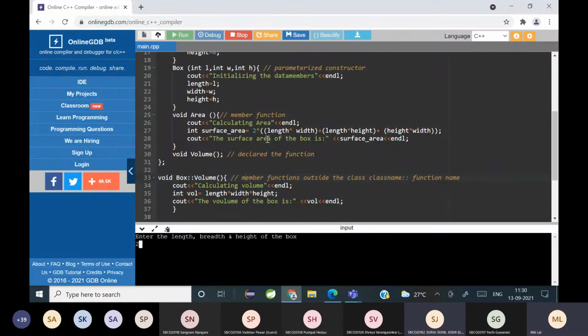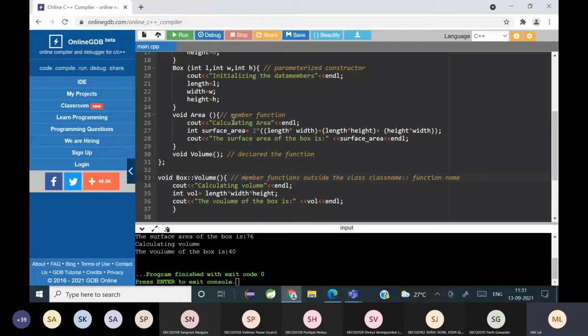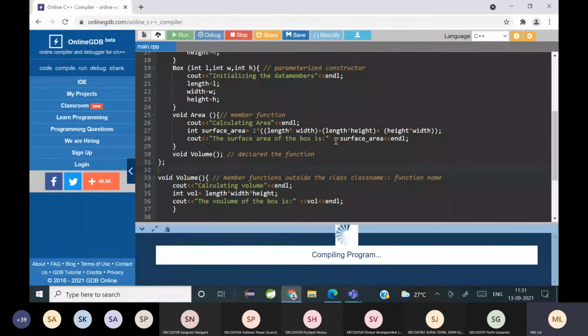Okay. So here I'm going to again give you values and check it out. See, you can see it's executing properly. Understood? So this way you can write functions inside the class, and when you write functions inside the class, it's called inline functions. And you can write member functions outside the class, but that time you have to see here: box, the scope resolution operator, and I've written volume. Suppose I don't write box. What happens? We'll just execute.